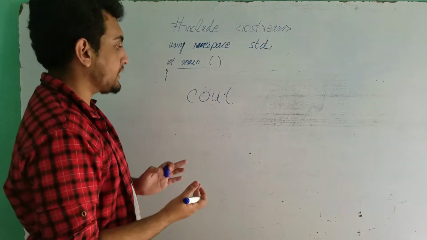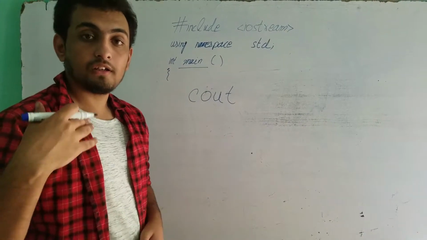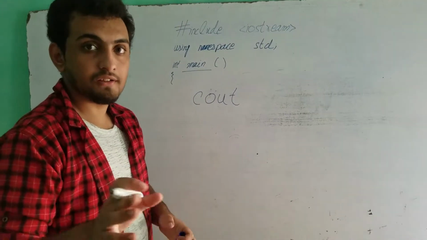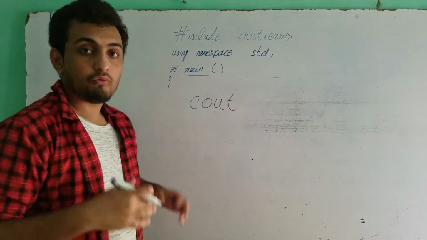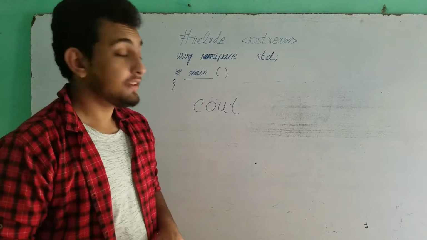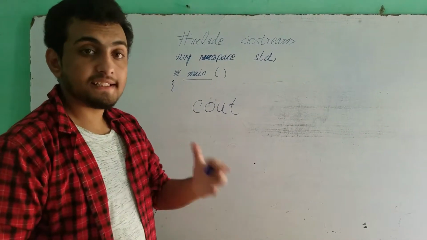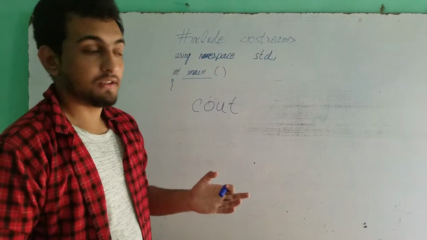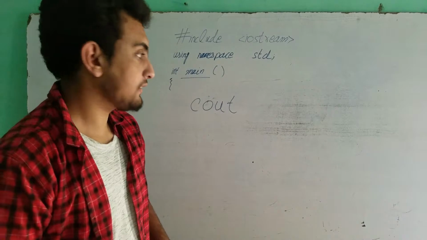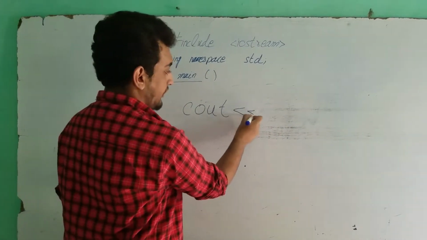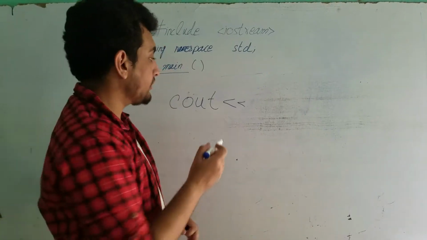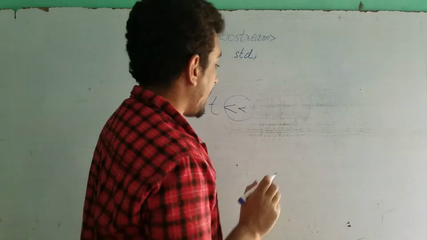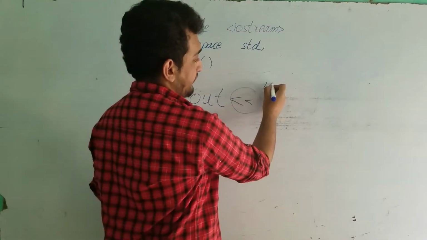What cout does, it outputs your string. What cout does is that it outputs anything that you ask it to output on your console screen. So let's see how it does that. You have to use this operator. This is called the extraction operator. So keep that in mind. After that, we have to use cout